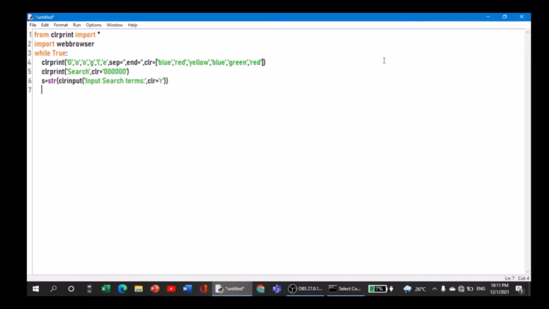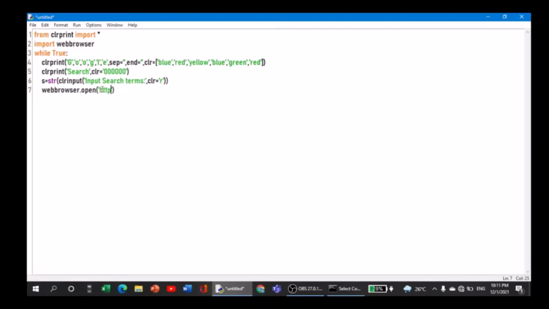So whatever the user is going to give, be it a number or a boolean value, it's going to be converted to string, because you never know what a user is going to search for. And after this, I'm going to use the most important part of this program, that is webbrowser. So webbrowser is going to open the URL for you, and I'm going to give open. So webbrowser.open, and then I'm opening the brackets, and inside the bracket I'm giving the standard URL.